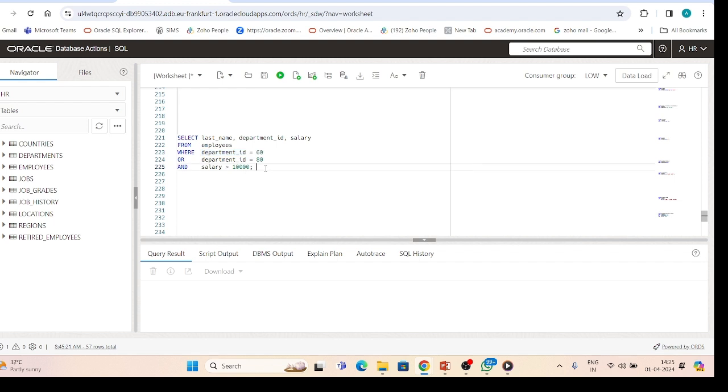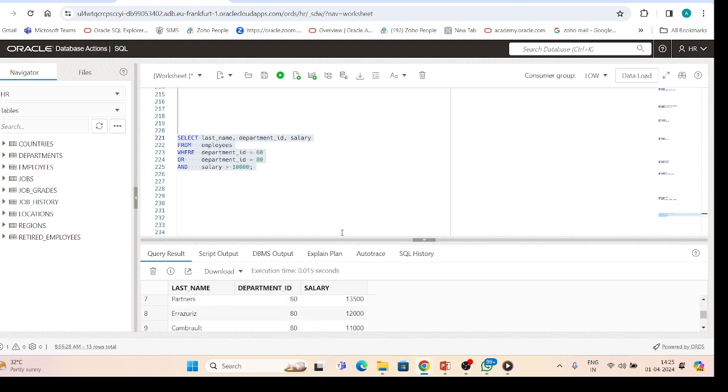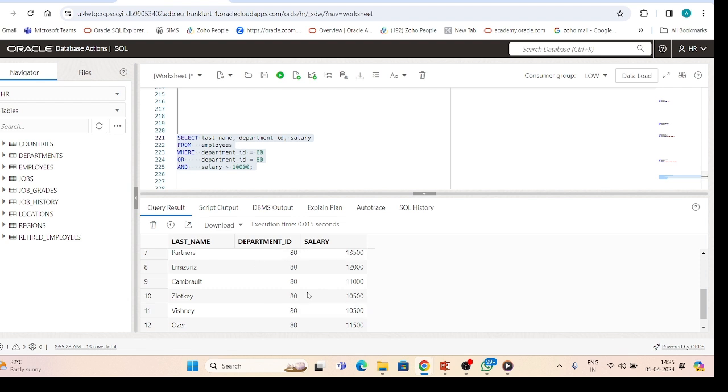Let me just maximize this. So when we execute this query, it will display the records for an employee whose department ID is 80 and who earns more than 10,000, or if the employee's department ID is 60.